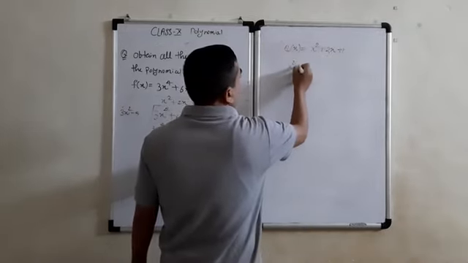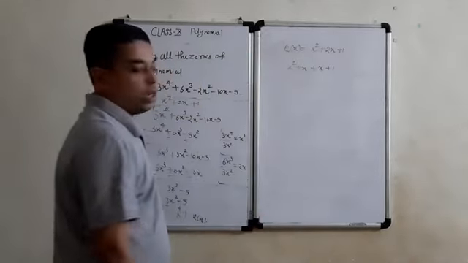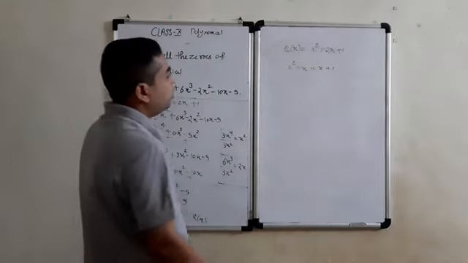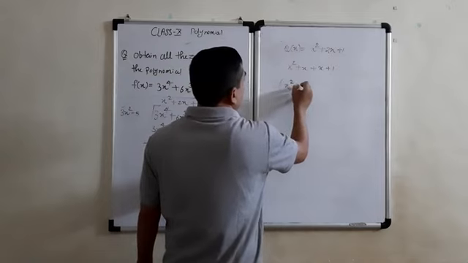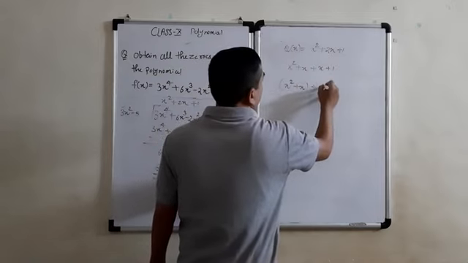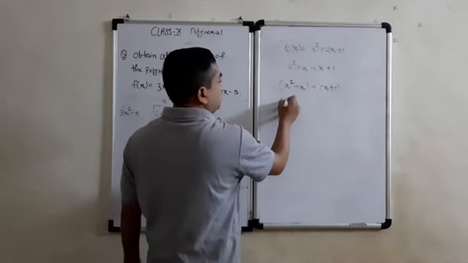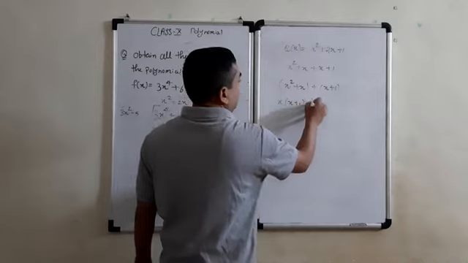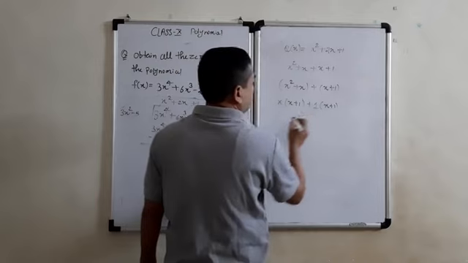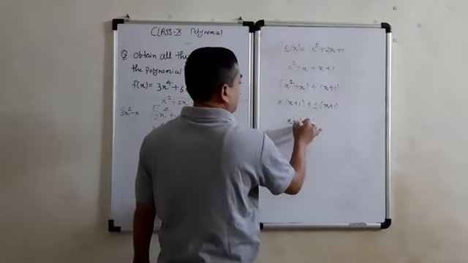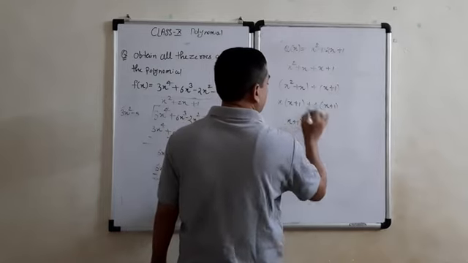If we find the factors, what will we get? x square plus x plus x plus 1. Look here. The first two we will take in one bracket and the last two in another bracket. Here we can take common x, so it will come x plus 1. Here there is nothing to take common, so we can take common 1. So it will come x plus 1, and here also x plus 1.